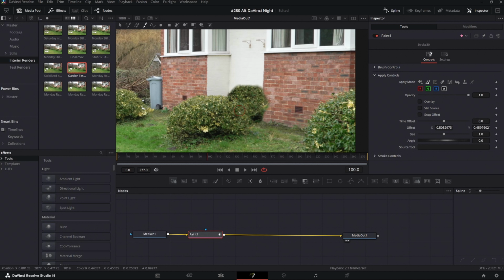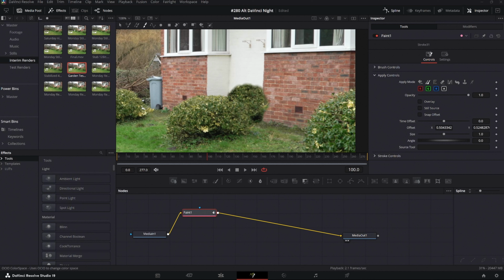Right, so that has covered up the bin, and that's a new bush. We now need to make a still of the whole frame in order to be able to create a patch to cover that up. We will make a still of it by highlighting this here and going Shift spacebar again,